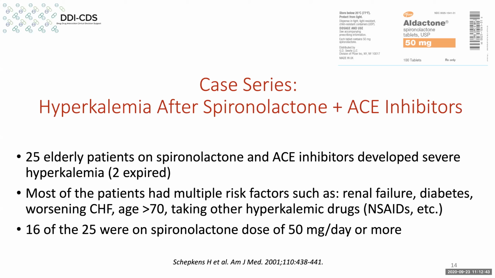It's also been identified that the dose of spironolactone appears to be important in predicting the magnitude of the effect on potassium. There doesn't seem to be much data nor much evidence that the different drugs within the classes, in other words, if you look at all of the ACE inhibitors or all of the ARBs, is there differences amongst those drugs in their propensity to produce hyperkalemia? And if there is, we just don't have good evidence of that at this point. Let's move to the next slide, please.